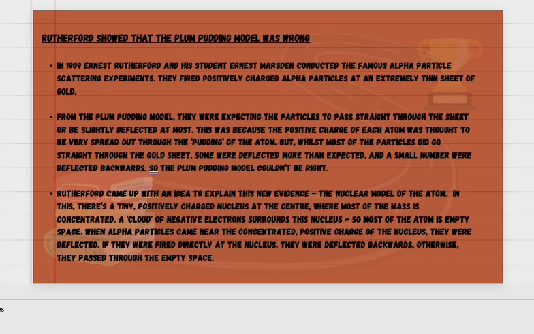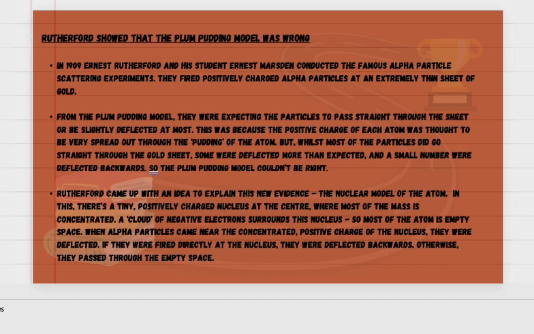Rutherford showed that the plum pudding model was wrong. In 1909, Ernest Rutherford and his student Ernest Marsden conducted the famous alpha particle scattering experiments. They fired positively charged alpha particles at an extremely thin sheet of gold. From the plum pudding model, they were expecting the particles to pass straight through the sheet or be slightly deflected